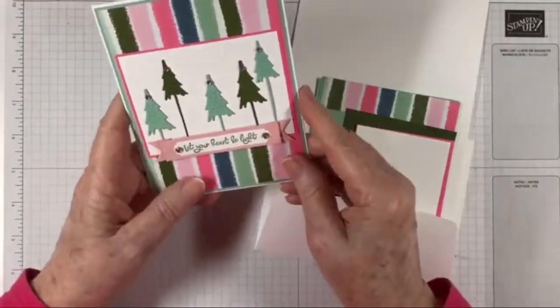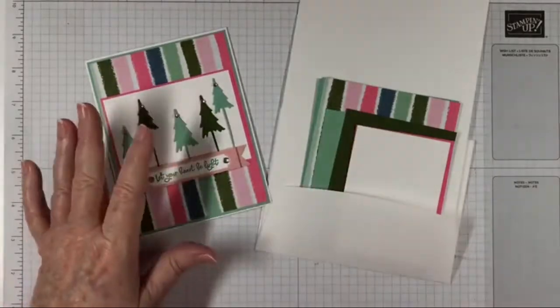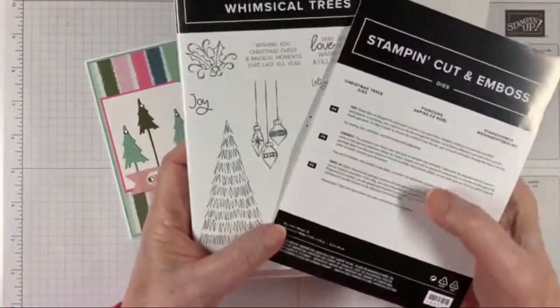Everyone. So today we're going to be doing project number 1 in the Whimsical Trees class kit, which is available